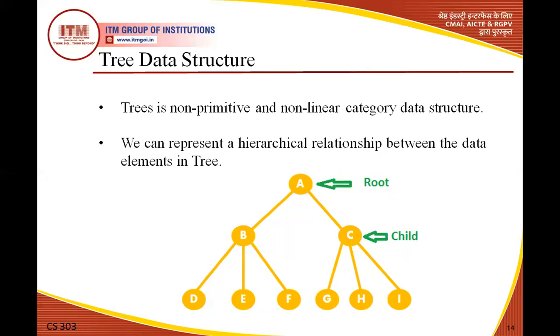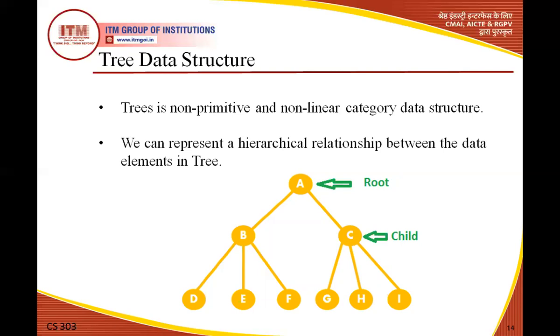We will discuss this also. This is the left child. So this is the whole thing. This is the whole part. This is the left child of the root node A, the right child of the root node A, and these are children of C. So we can see the root node, child node, and sub child node.